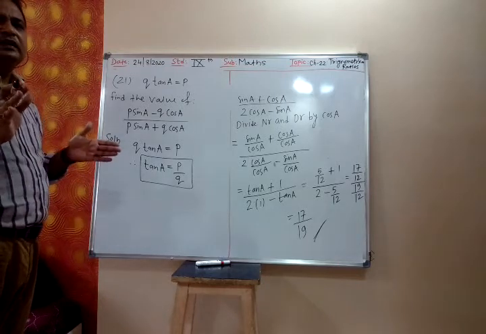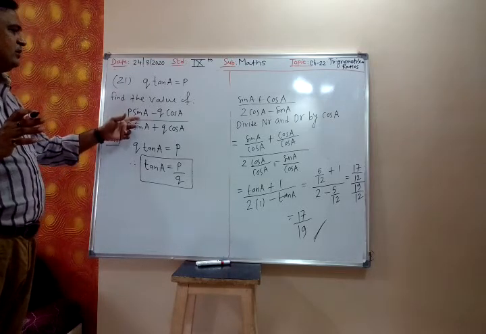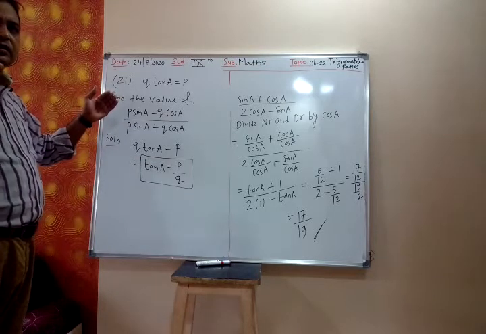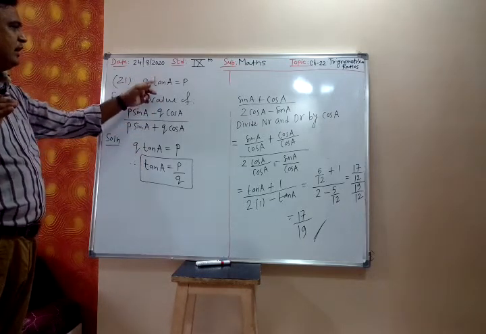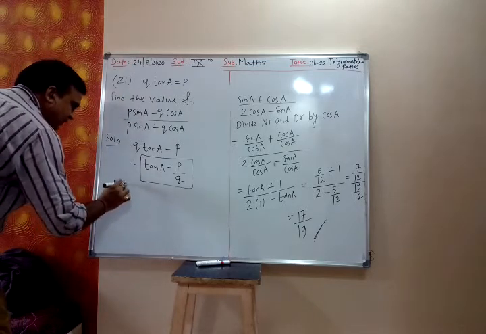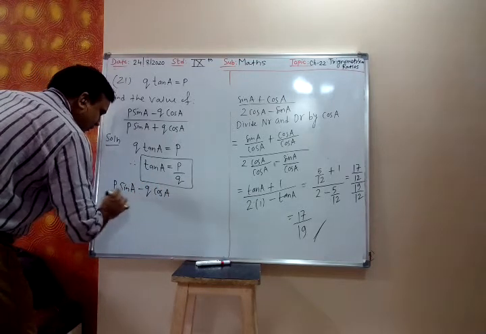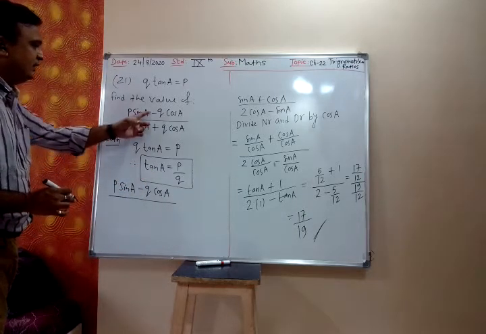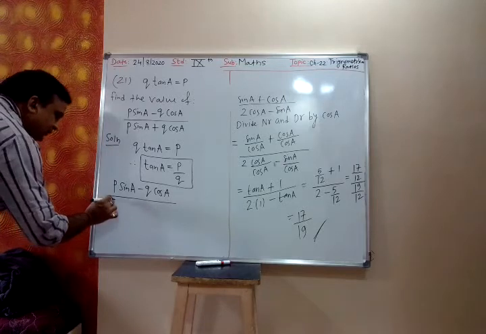If you use the first method, then the hypotenuse will be square root of P square plus Q square. So when you substitute that value, the calculation will be slightly difficult. Slightly, I said, not very much. So I will advise you, whenever there is sin A, cos A and you have the value of tan A, you go by the second method. Once you have found the value of tan A, and if it is asked to evaluate sin and cos, then use the second method: P sin A minus Q cos A upon P sin A plus Q cos A.